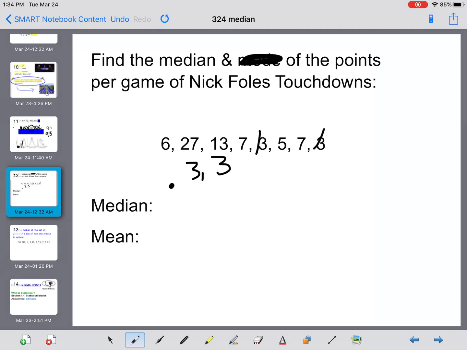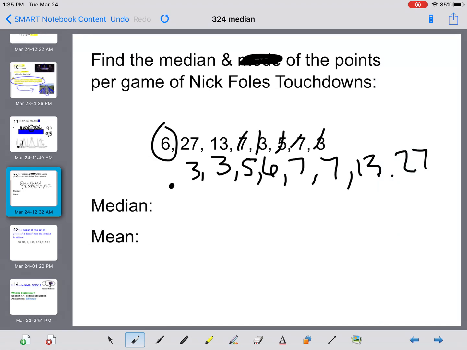So 3s are out. I see a 5, 2 7s, and this right here, oh, made a mistake. Look at that. I need to involve my 6 over here. So 6, 7, 7,